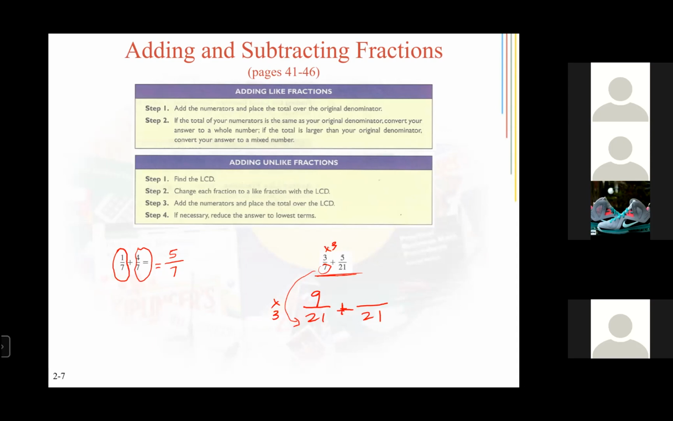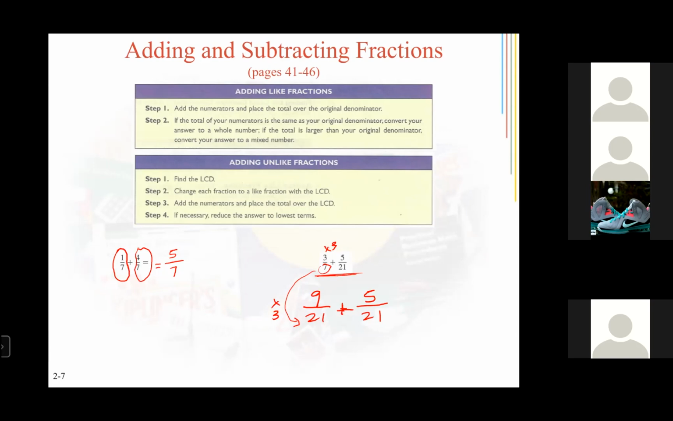21 into 21 is 1. And then 5, is it 5 times 3? Oh, you got a 3. You said 21 into 21 is 1, so you're going to multiply the 1 times the 5. Now, once you already have that denominator that you had before, you don't have to change that